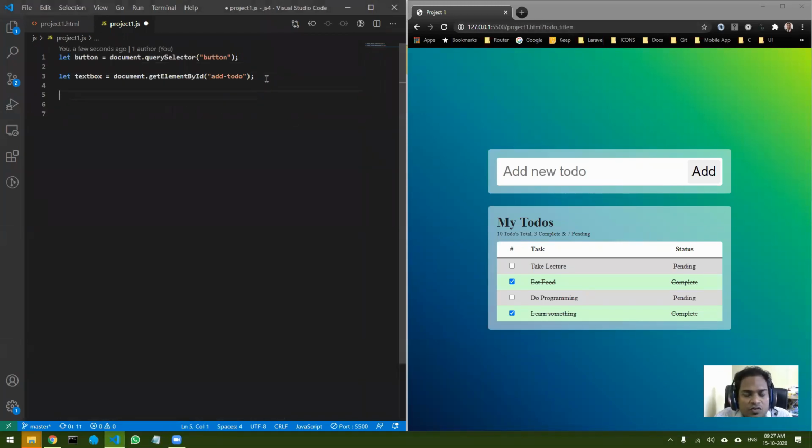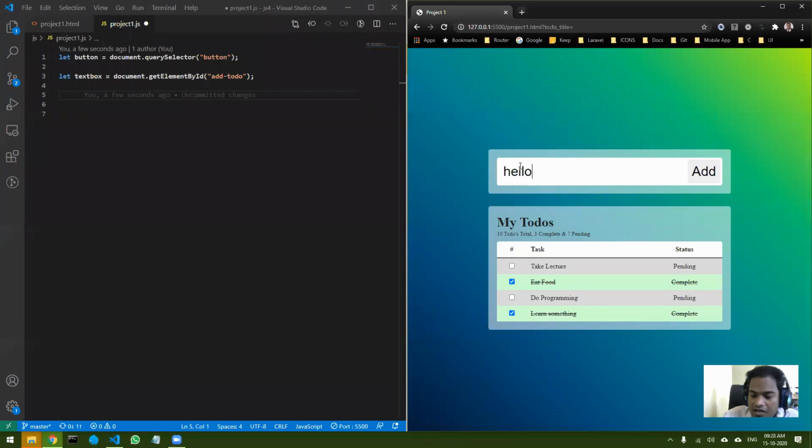Okay, now the first thing that I should do is, with this particular form, let's see how to get the value of the text box. So I want to get the value of the text box, and in HTML and CSS, how do you get the value of any text box? Whatever you enter, let's say hello over here, how do you get this particular thing? Where is it stored? In which attribute?